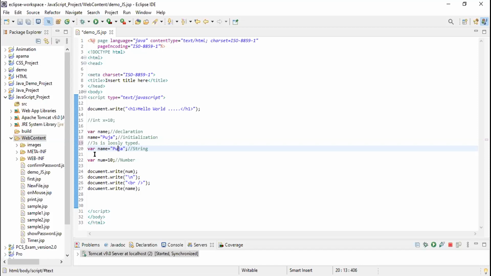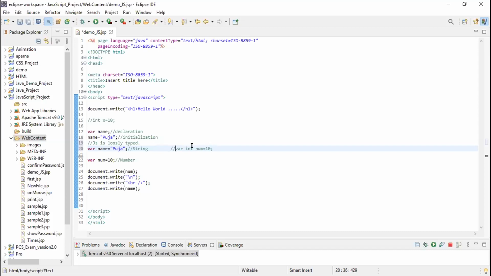Okay, ma'am. We always give var name. We never write like this: var int num. These are the data types, right? int, char, float, string. But in JavaScript, we never write like this, var int num.